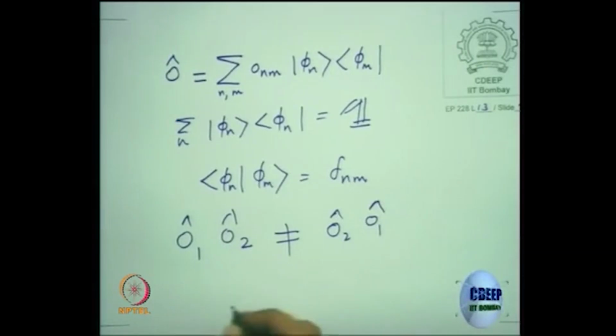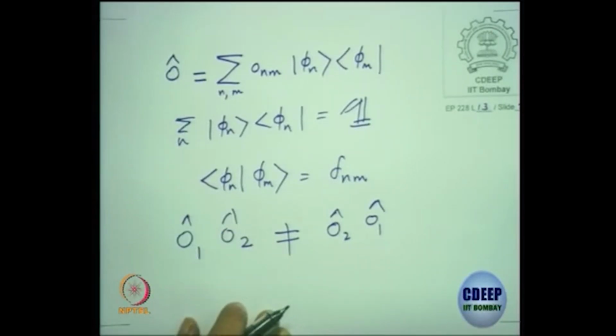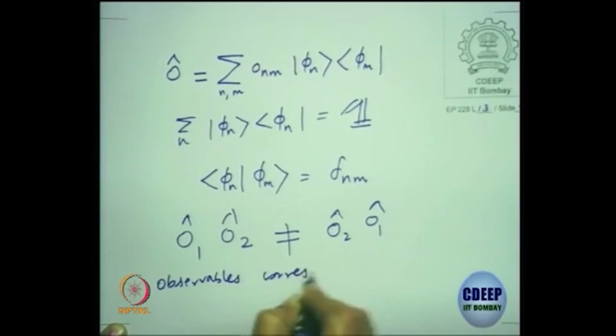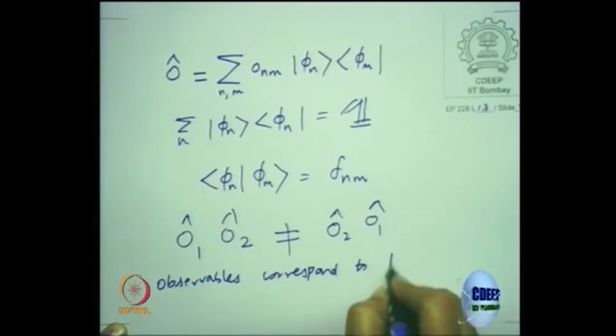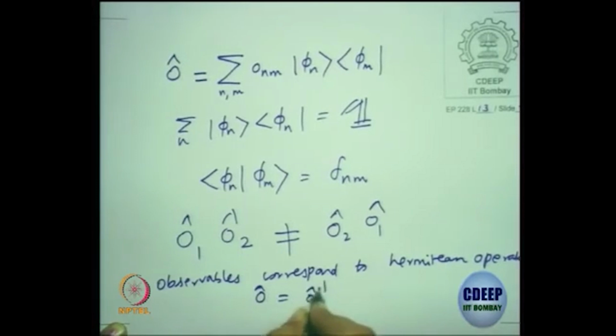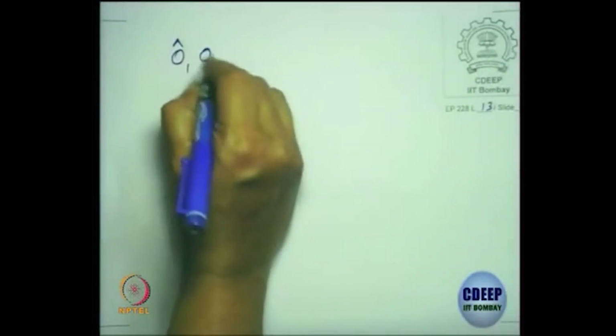So this is in general not equal to O2 O1. Whenever you have products, note that each of the observables in your theory will be given by a Hermitian operator. Observables correspond to Hermitian operators, so they have to satisfy O equal to O dagger, which is complex conjugate and transpose if you give a matrix representation. If you have a product of two Hermitian operators,